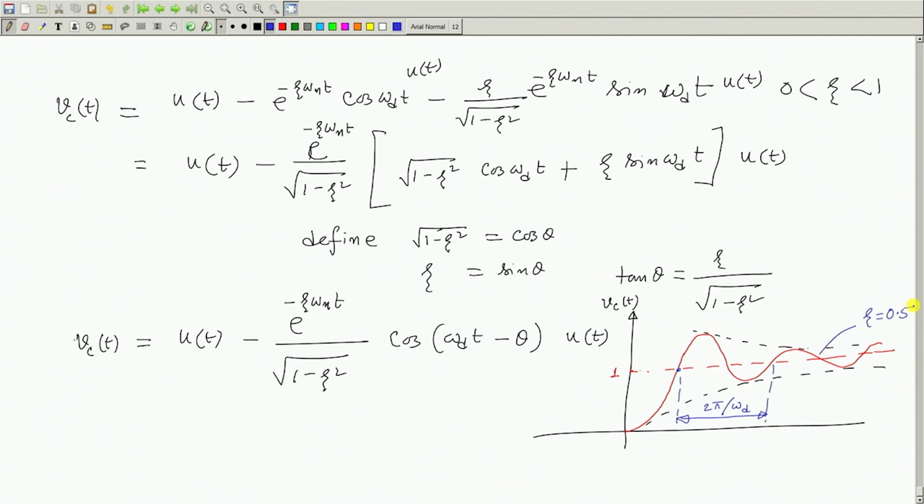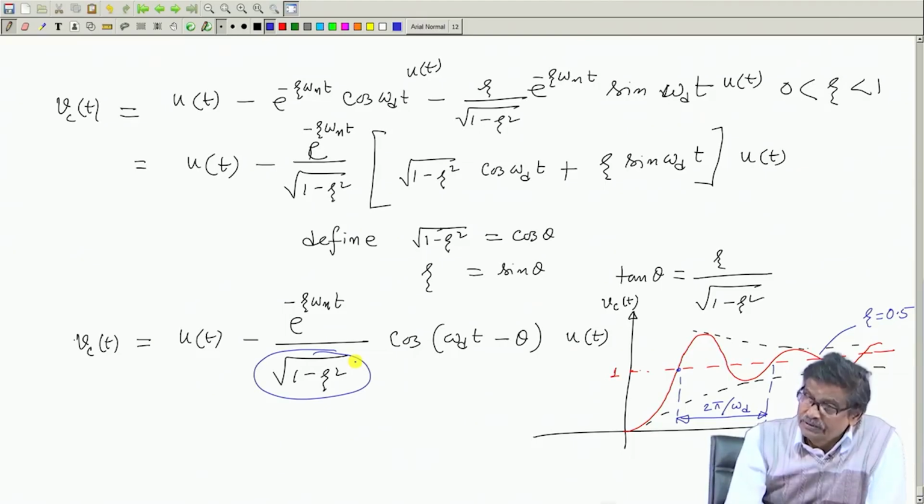Then if you reduce zeta further, suppose you make it 0.2, what you will find is there will be many more oscillations and the overshoot will be much more because of this term 1 by root over 1 minus zeta square. So, if you make zeta further less, 0.2,